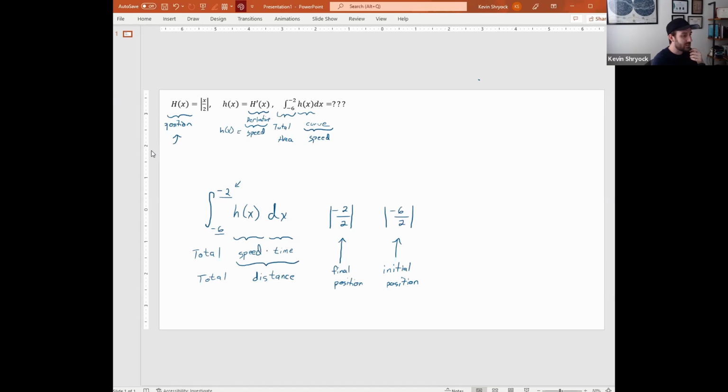So let's double check. Is it true that the total distance is the final position and the initial position? Yes. Close. Adjust it a little bit. What am I missing? So